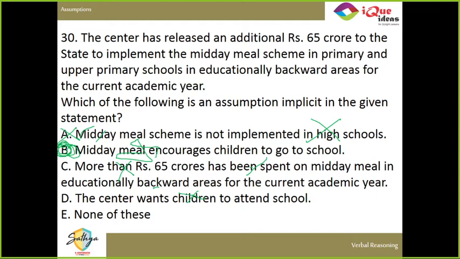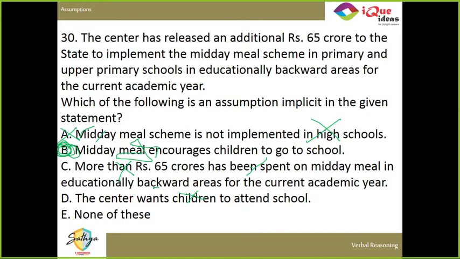Right? Similarly, with C, Rihane, can C be true? Additional 65 crores. Fine. But more than 65 crores has been spent. It is not saying in total. Already how much has been spent? The 65 crores is to be spent in the future. Option C is saying how much has already been spent. Is it necessary that more than 65 crores has already been spent? No. Less than 65 crores could have been spent before, and now extra 65 crores is given for the future. So that 65 crores is not already spent money, so it cannot be counted, and hence you cannot assume that.